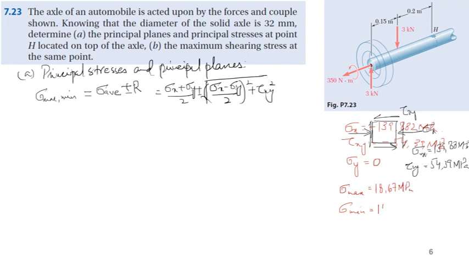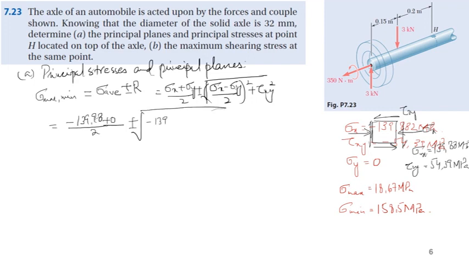Now let's put the values. Sigma x is, sorry, this will be compressive, negative. So that will be minus 139.98 divided by 2 plus 0, because sigma y is 0, plus minus under root